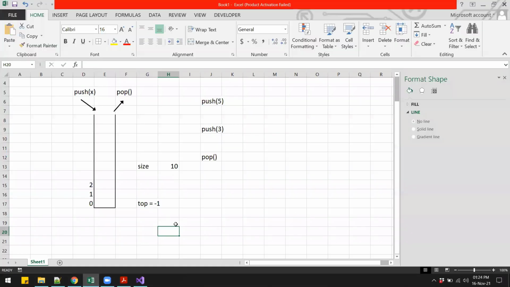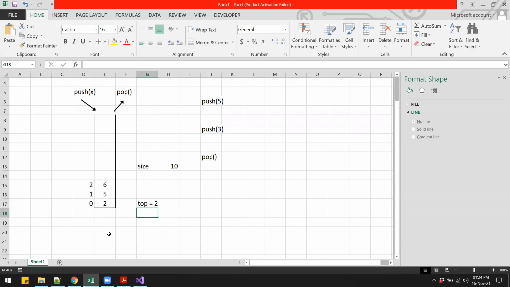Now looking at this diagram, if there is one data in the stack, let's say 2, then the value of top will be 0 because the topmost data is at index number 0. If I add one more data, 5, now the value of top becomes 1. If I add one more, then top becomes 2.